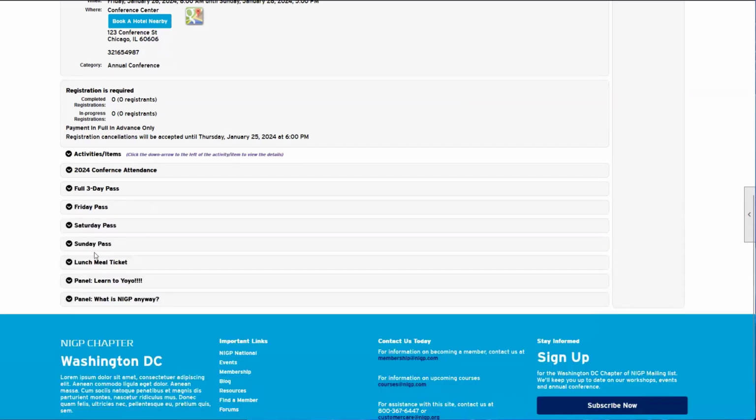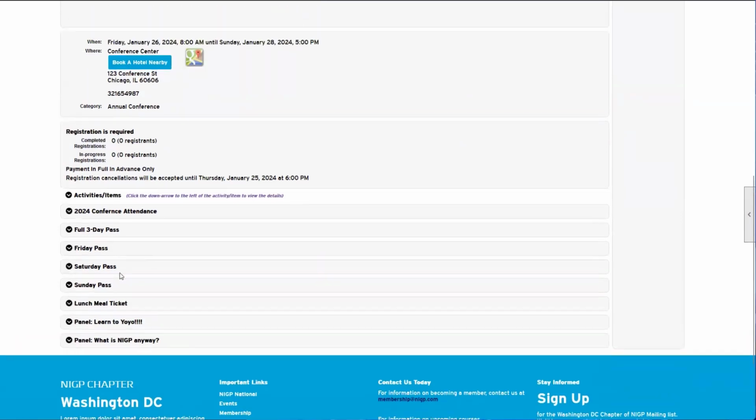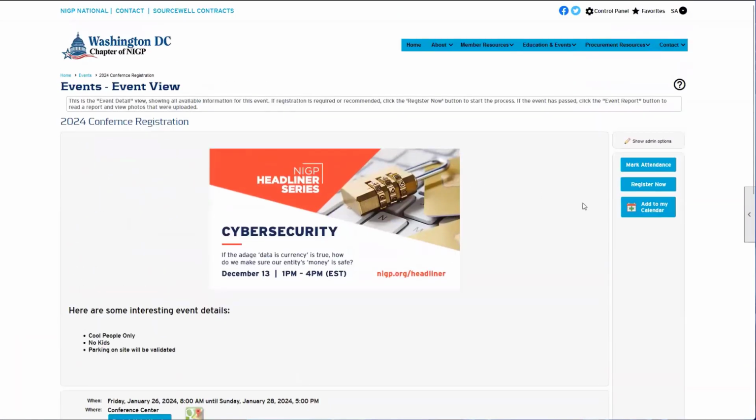You can go through and look at all of the full details for each of these panels, how much meal tickets cost, and so on and so forth. When you are registering, if I go into the upper right-hand section over here and click on register now,